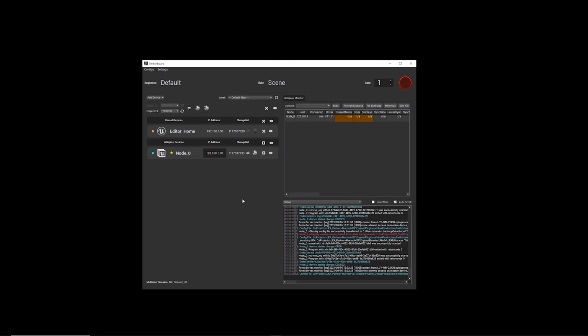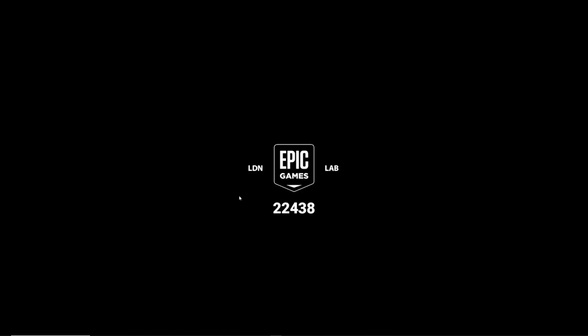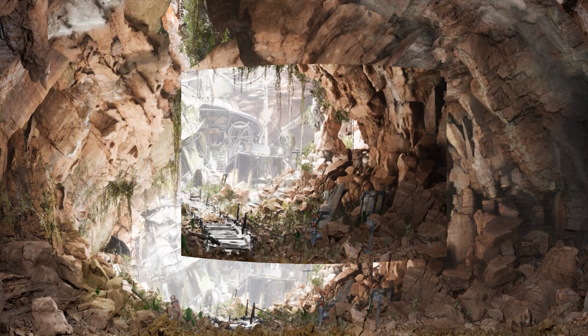So in order to make sure that we launch NDisplay into the correct level, let's just go and select that. They're all listed here. If you create a new level and it's not in the list, just be sure to refresh with this button. I know that it's this map here. And so now I can just hit launch. Now this automatically minimizes. That's fine. We do that on purpose to make sure that nothing renders on top of NDisplay. And there we go. And you can see we have our NDisplay running with our inner and outer frustum.